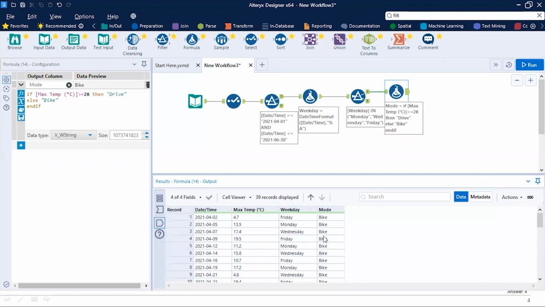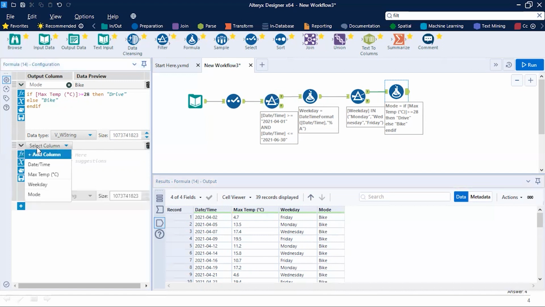Okay. And we can also create a distance column over here. So let's create a new column, distance. In this same formula tool, you can create multiple columns. We can copy this particular if statement because the distance is also based on this. If the temperature is greater than or equal to 28, she will drive, and the question says she will cover 15 kilometers for driving one way.